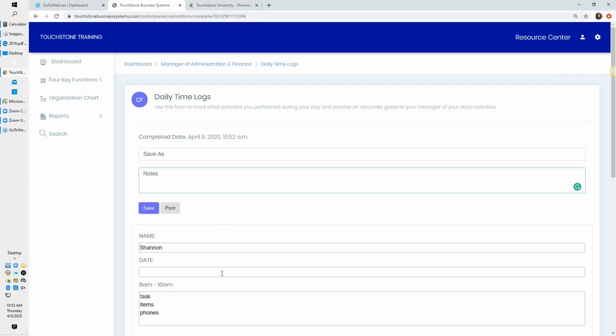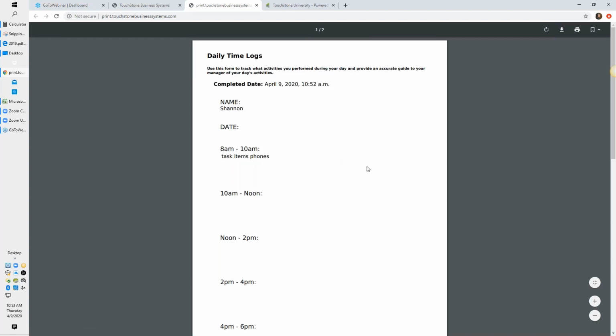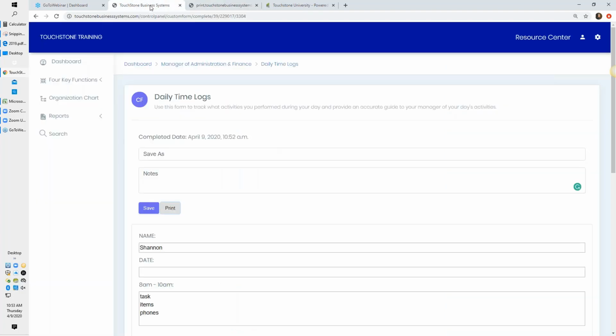Once you've saved something here on the dashboard, this print button also appears. So a person can go to this print button, and it just creates a PDF that looks like this. So these can be printed or downloaded somewhere else. There's no sense in exporting something and emailing it. That's not fully utilizing TouchStone, because once it's saved in TouchStone, the manager at the end of the day would go over here to reports